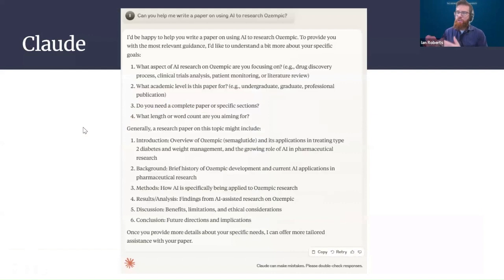But to show you again what it does really well, I'm asking it, can you help me write a paper on using AI to research Ozempic? And it comes back with a list of follow-up questions, some parameters of what I want to do. It's trying to get a better sense of this. It's not just giving me a research paper, it's telling me that I need to do the thinking here. And then from there, it goes into here's what a general skeleton of that paper might look like. It's not going to do the work, but it's encouraging me to do the work, and it's going to help me along the way. I've started thinking of this as a sort of very advanced plug and play. You plug in a lot of complicated data, and Claude will flesh that out.